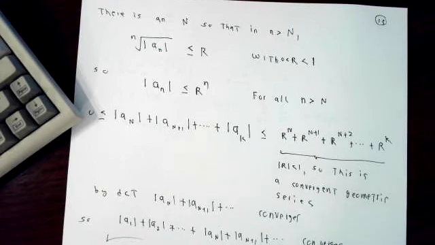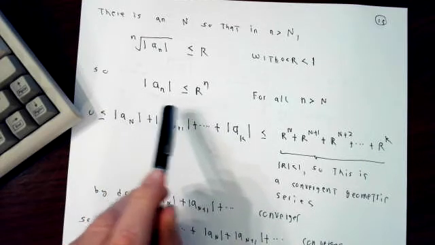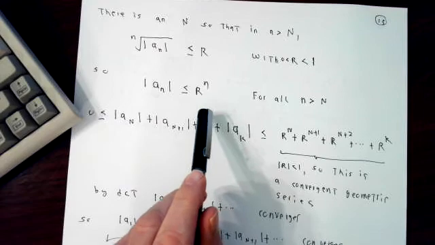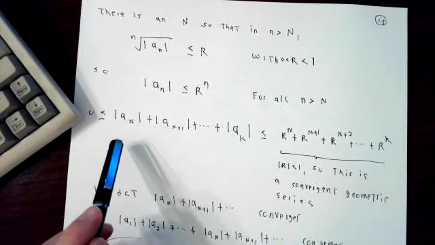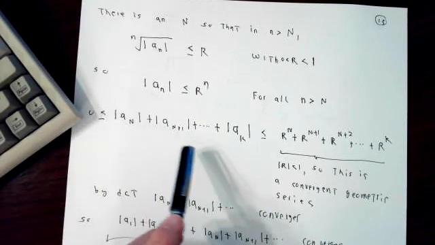So there is an index capital N, so that if little n is bigger than capital N, this nth root is less than or equal to r. Raise both sides to the n power, and you find out that beyond some specific fixed index, the absolute value of a_n is less than r to the n, which means if I add up the non-negative terms,